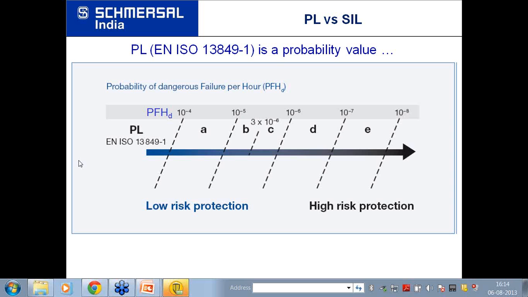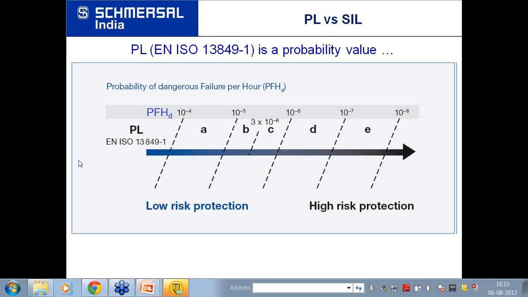Sir, a safety relay builds intelligence into the system. It increases the diagnostic coverage of the system. Through a safety relay, we can monitor all the field devices. Suppose you have installed 10 emergency stop push buttons on a machine. How will you ensure that all these 10 emergency stop push buttons are healthy?